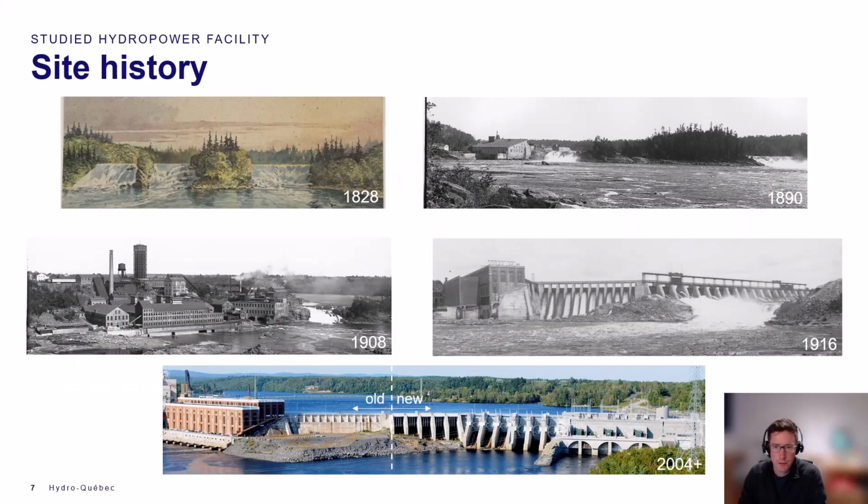For North American standards, the site is quite old, maybe not so much for Italian standards. You can see the fall in 1828 was not developed. The first developments appeared in the late 19th century with a paper mill on the right bank and rudimentary wood crib dams. That development expanded in the early 20th century and eventually was replaced by a modern concrete dam and powerhouse in 1916, which is what we call the old station. The left-hand side of the facility was completely rebuilt in 2004 with the new spillways and new powerhouse, and the old spillway was demolished underwater and is now inside the reservoir,